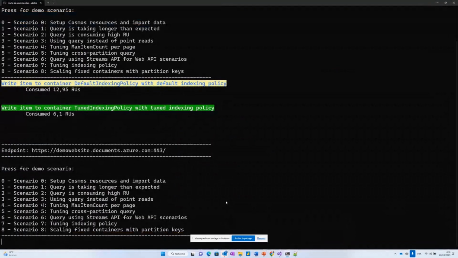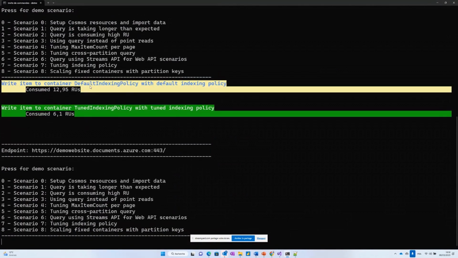I have an application, and when I launch it, it will write the same document in the container. If I use the default index policy, the cost is 12.95. If I write with the tuned index policy, the cost will be 6.1. So imagine if you have 10,000 documents, how much you can reduce the total consumed request units. And if you reduce the total consumed request units, of course, you can reduce the cost.